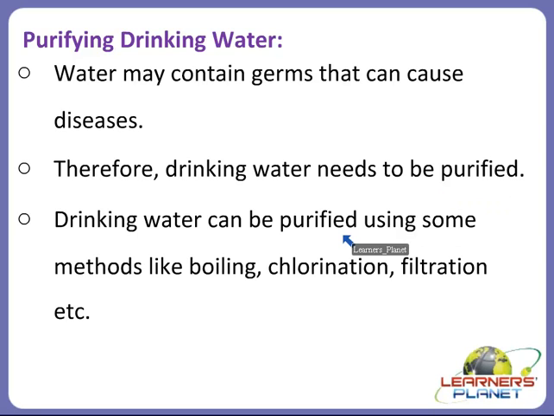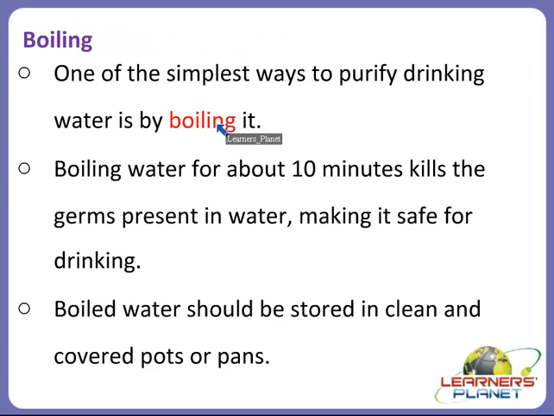So drinking water can be purified using some methods like boiling, chlorination, filtration, etc. But the most common processes used for drinking water are boiling and chlorination. So let us discuss them. Yes, boiling is one of the simplest ways to purify drinking water, right? Boiling the water for about 10 minutes kills the germs present in the water, making it safe